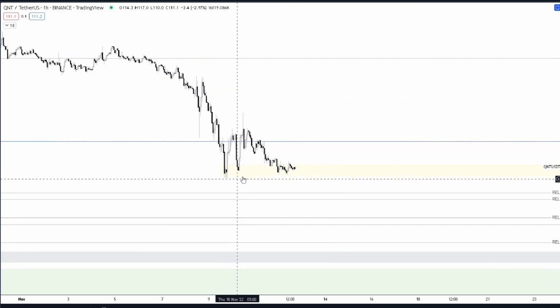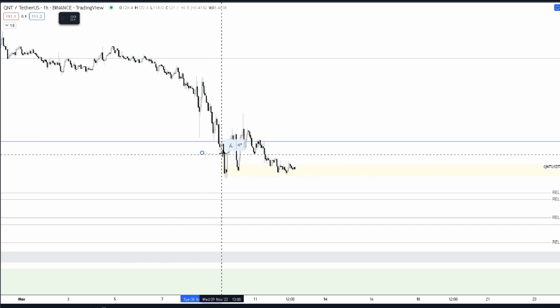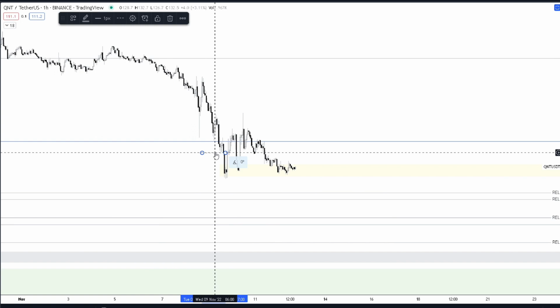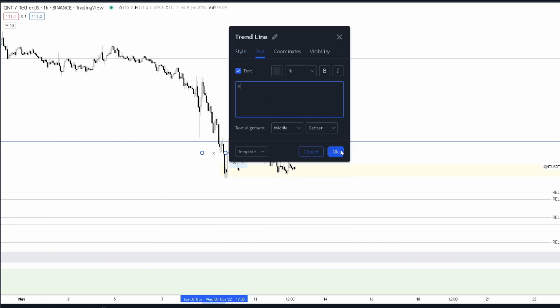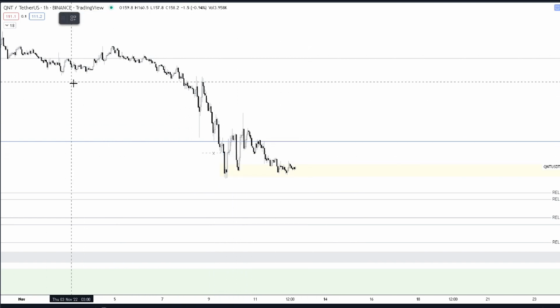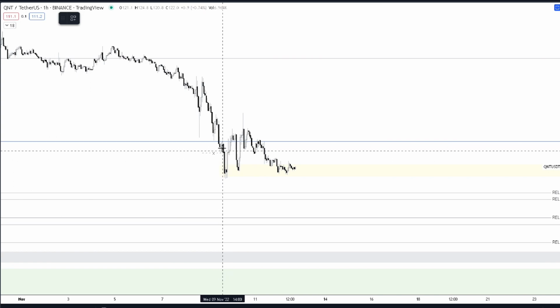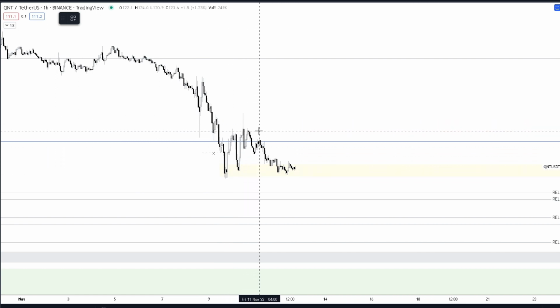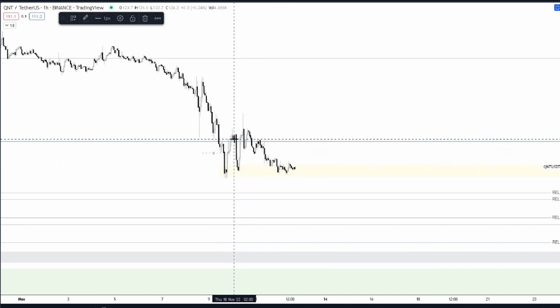So on the 1 hour, we do have our sweep. I denote the sweep by an X. The sweep is just a sweep of liquidity. If you see these candles right here, anyone who went long a little too early gets swept out by market makers. And then right here,